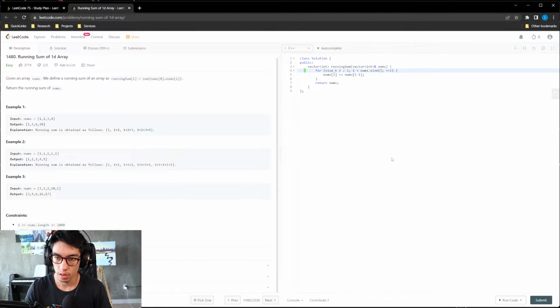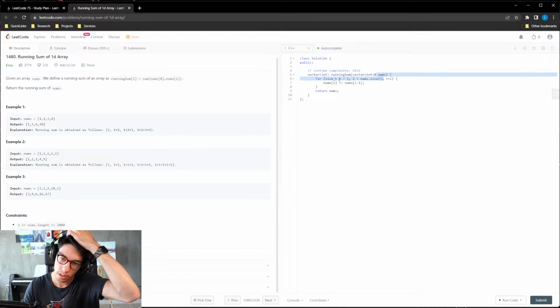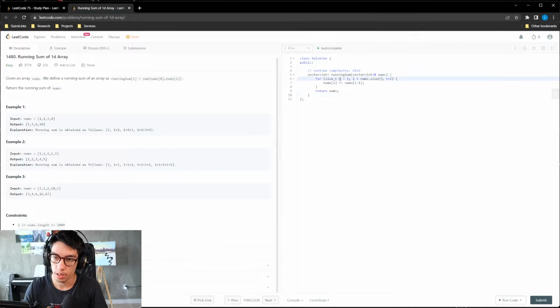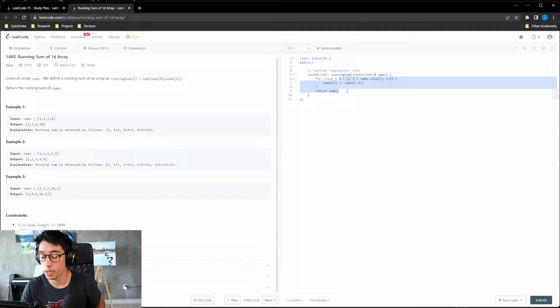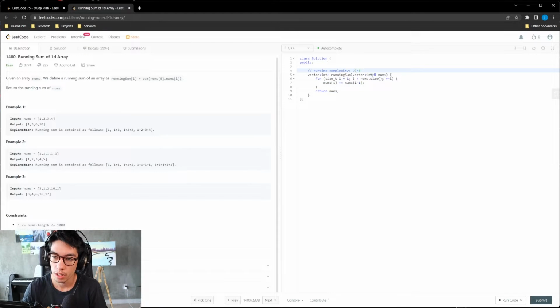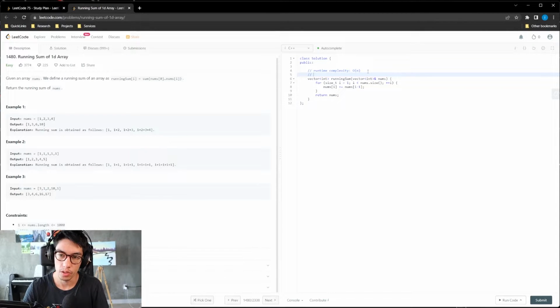So the runtime complexity of this is O(n), right? Because nums has n elements in it. We do a for loop and iterate and touch every single position in the size of the input, which means that the size of the input is the runtime complexity.